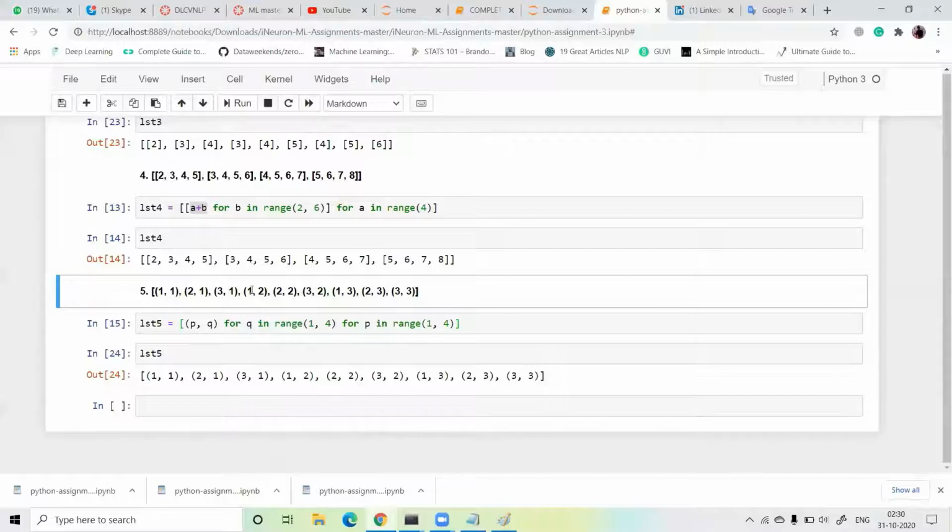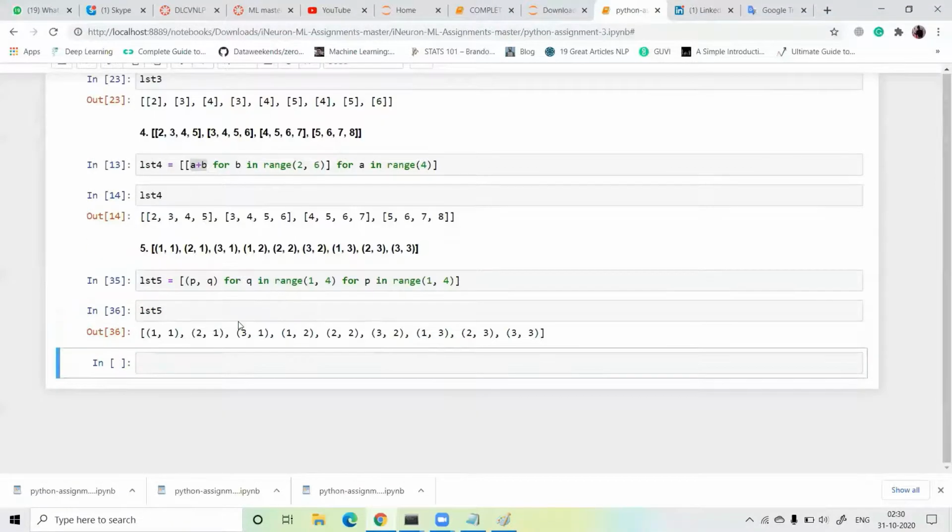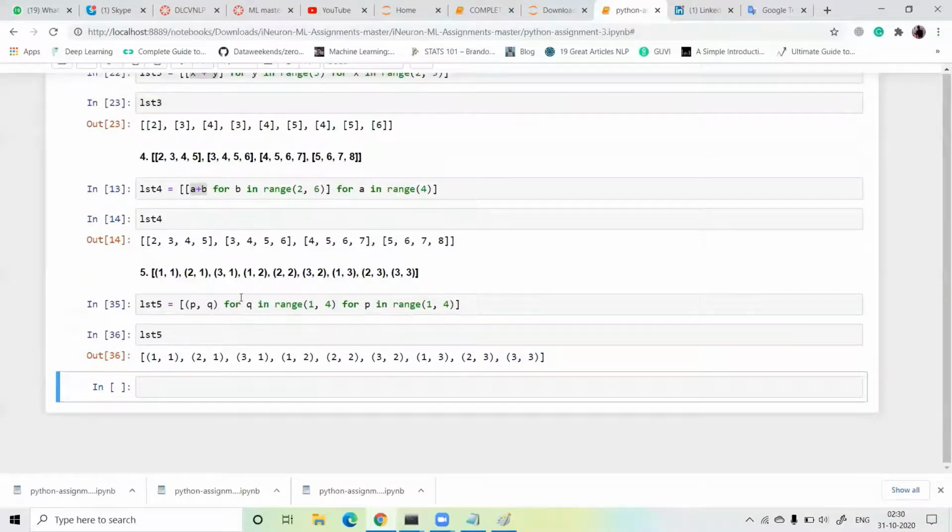So I write for p in range 1 to 4, and the second for loop is for q in range 1 to 4. This is our first for loop, and this is the second for loop, and then p comma q. I run this cell and see our output looks like this.